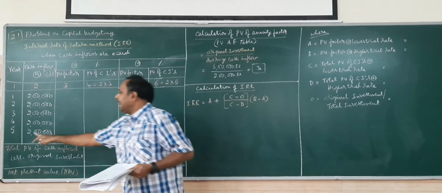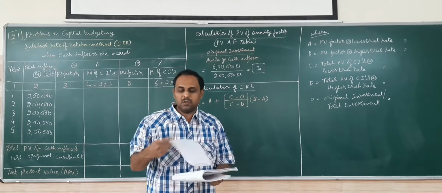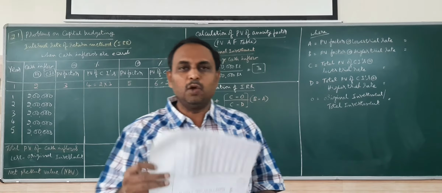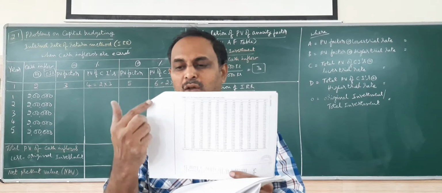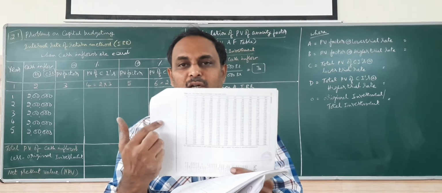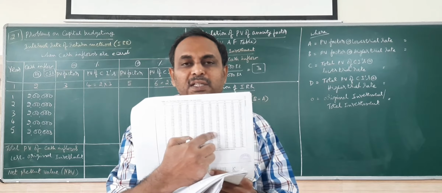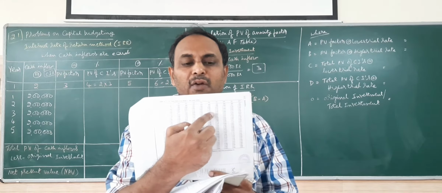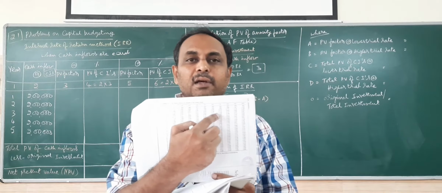How to find an annuity factor, we have to check. This is 5 years information. So I have a table here wherein you are going to find the PV of annuity table. Here we have to get into the 5th year and go on checking in which particular percentage you are going to get the factor very near to the factor 3.